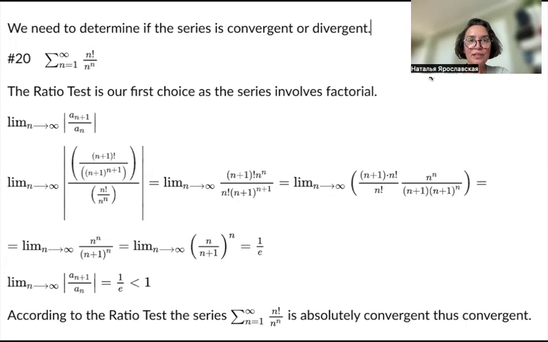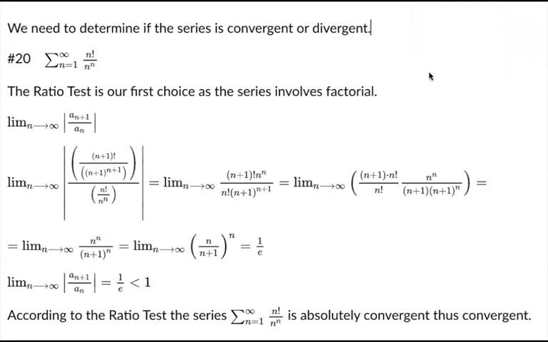We need to determine if the series is convergent or divergent. My problem is number 20, summation from n equals 1 to infinity, n factorial over n to the nth power. In order to find out whether this series is convergent or divergent, we should better use the ratio test